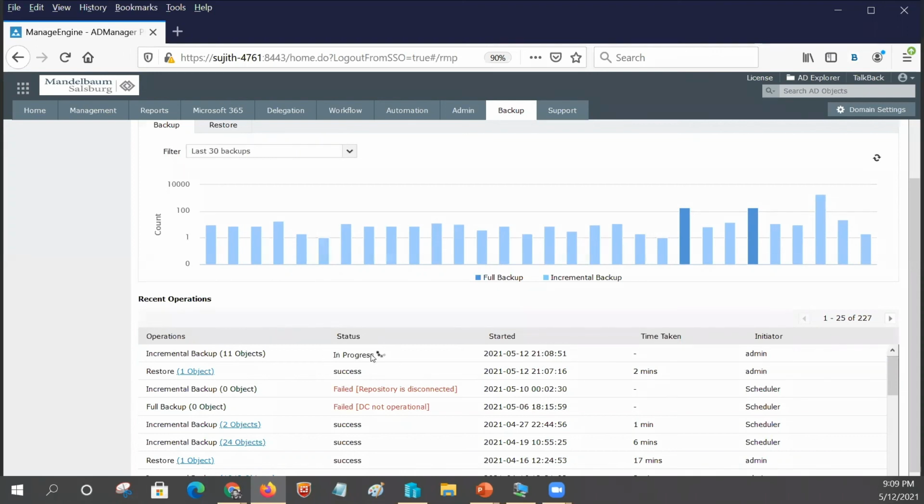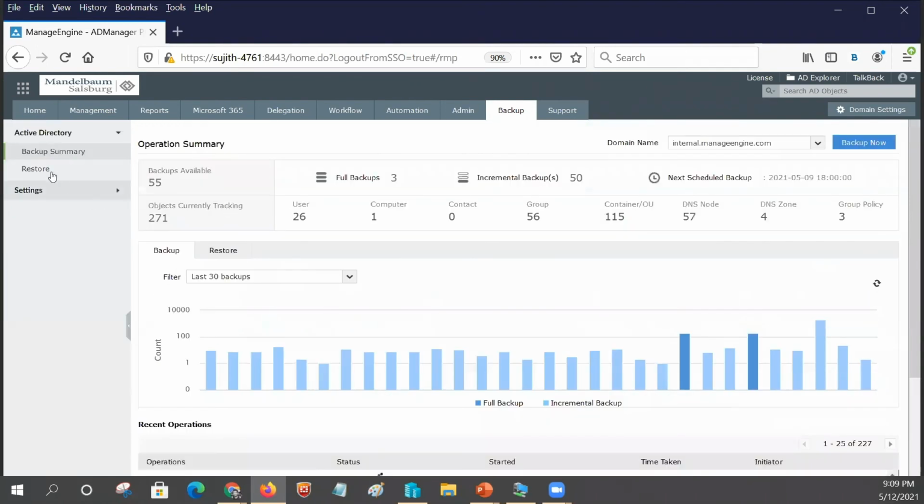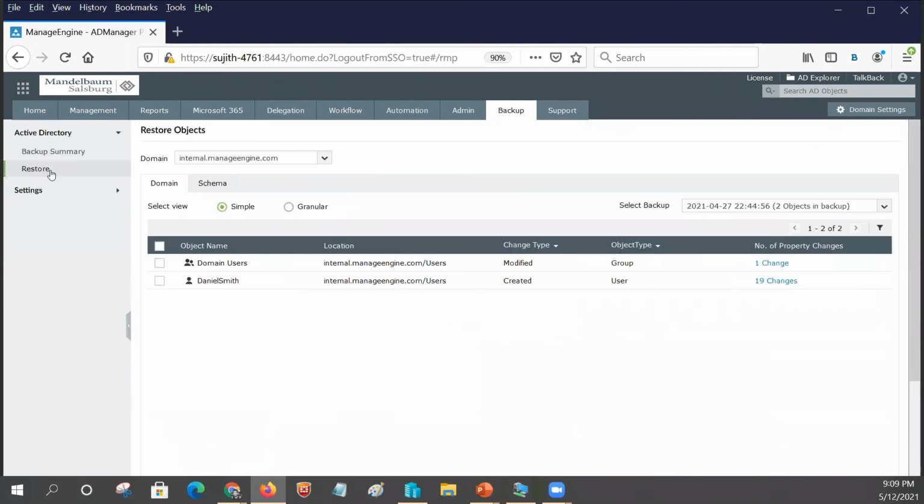As this is running in progress, it's verifying all the links. It's going to take a little time. Then I'm just going to come here to the restore option. In quite some time, you could see the IT OU which we deleted highlighted here. It's going to take some time. In the meantime, maybe I'll discuss the other limitations that we saw